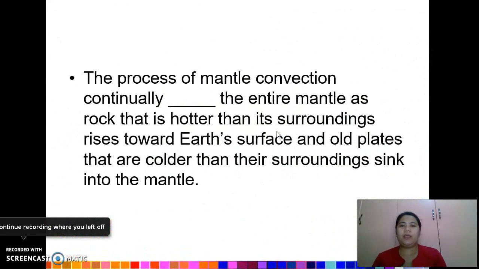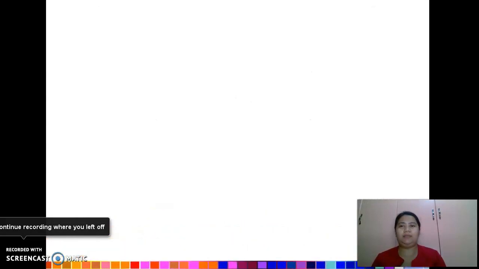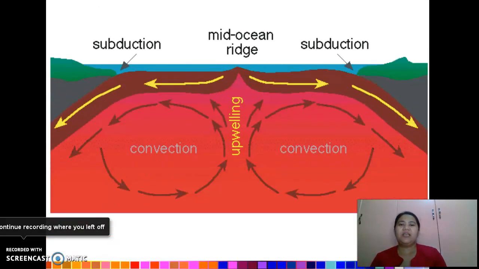The process of mantle convection continually mixes the entire mantle as rock that is hotter than its surroundings rises towards Earth's surface, and old plates that are colder than their surroundings sink into the mantle. So this is what we refer to as mantle convection, one of the mechanisms that explain how plate tectonics